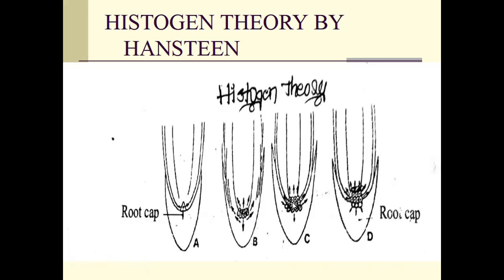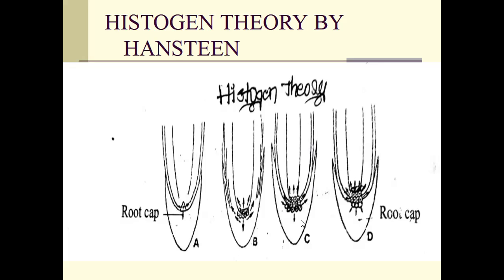The C diagram belongs to dicot root terminal parts. On the terminal part of dicot roots, 3 tiers of meristem tissues are present. The 3 tiers of meristem tissues are called 3 tiers of histogen tissues. From these 3 tiers of histogen tissues, the lower tier of histogen tissues participates in the divisions. They develop into 2 major parts of root. One is calyptrogen, the second one is dermatogen.